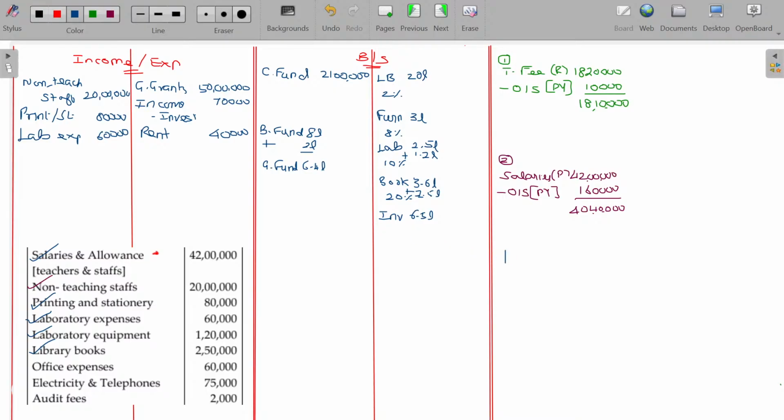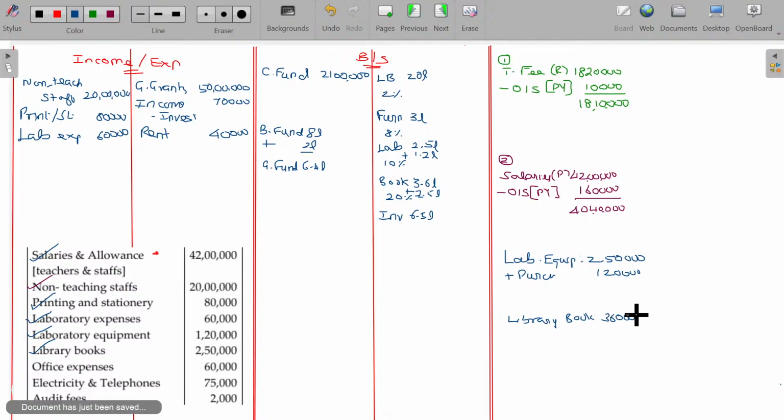So in case of lab equipment, already we have 2.5 lakhs. There is a new purchase of 1,20,000. Apart from that, library books: already we have how much? 3,60,000, and there is a purchase of 2,50,000. Apart from that, we have been given office expenses